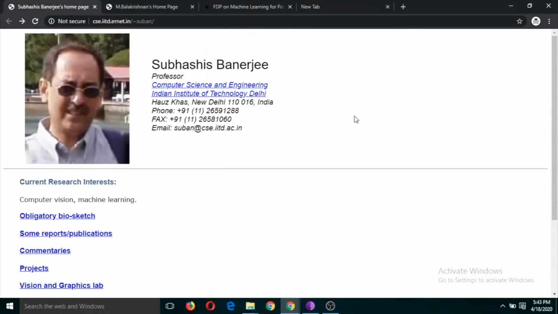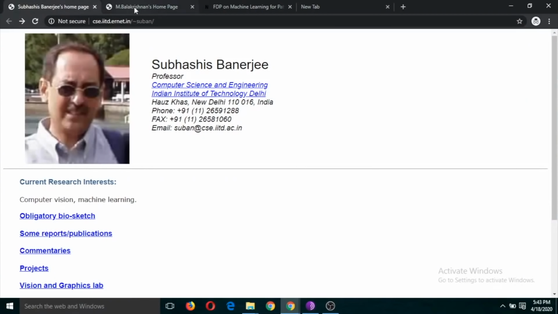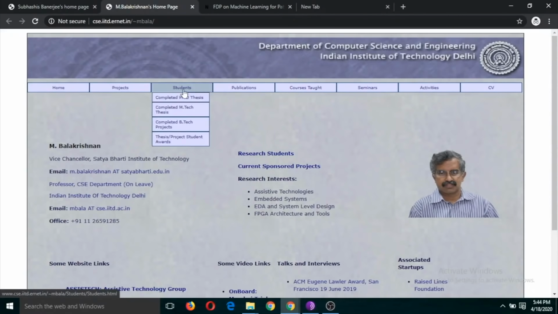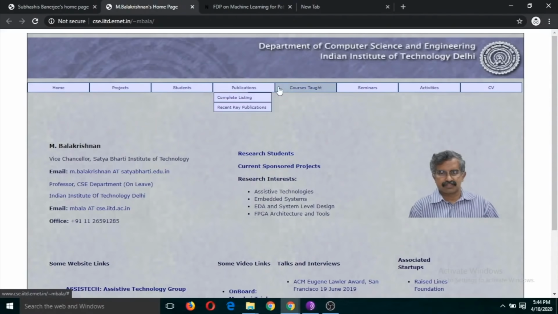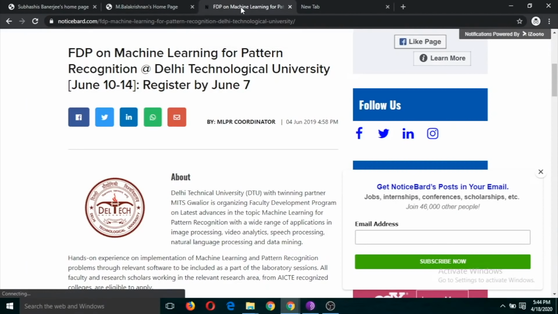And there's another one. So this is different from this one. This is a simple one, and this is a tab one. So you can see there are tabs, and the information is quite in detail.